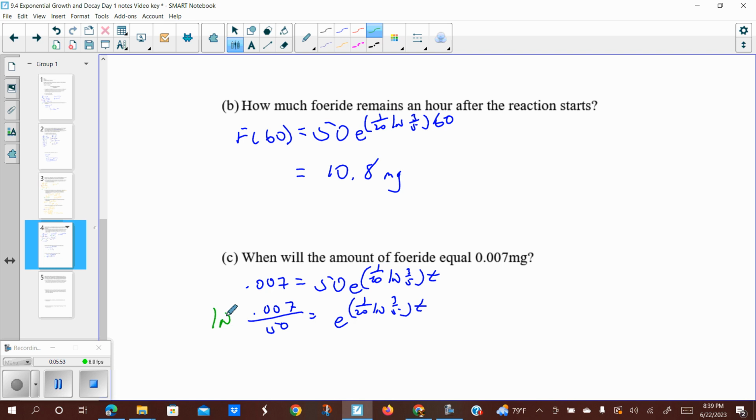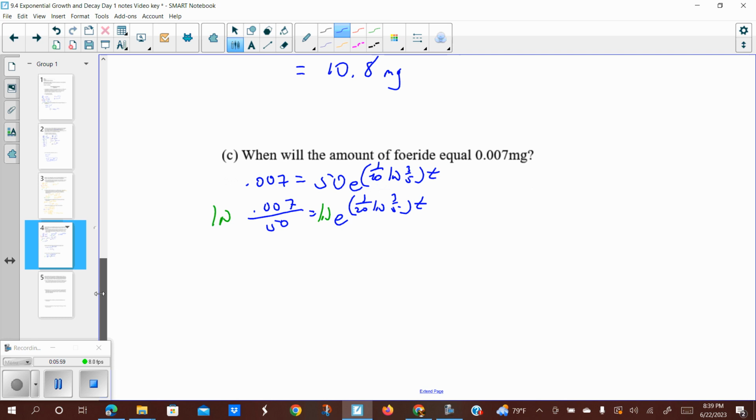Take the natural log of both sides. Again, no need to simplify anything as we go because we're going to do it all in one step when we plug this in the calculator. So now we get the natural log of 0.007 over 50 equals 1 over 20 natural log of 3/5 times t, and then solving for t, we will simply divide by